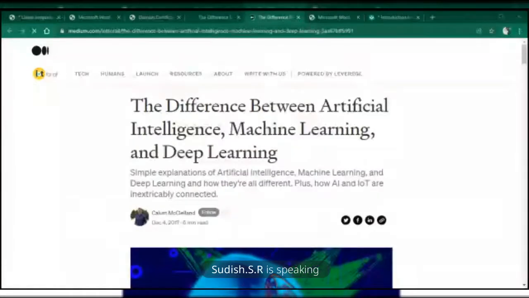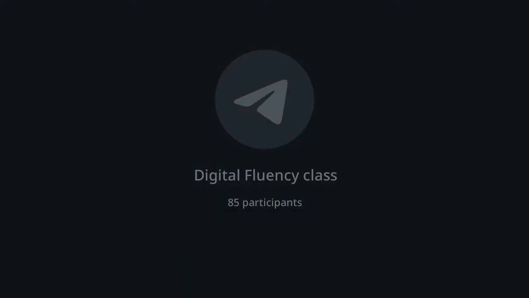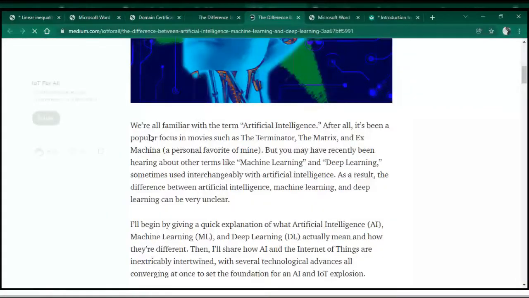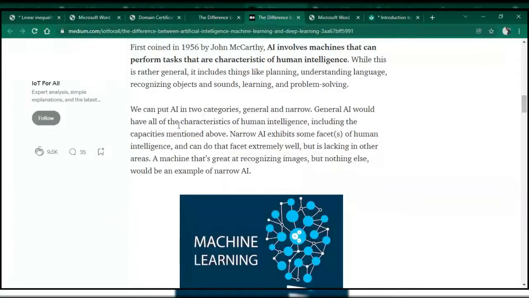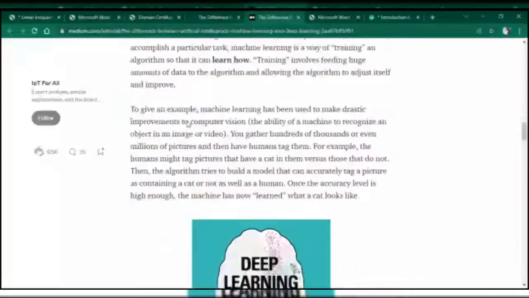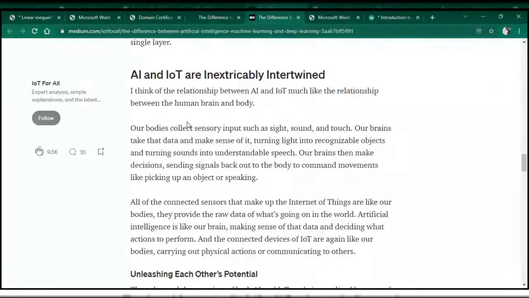Okay. So the difference between artificial intelligence, machine learning, and deep learning. I'll just go through it once and then I'll explain. I had explained this in my previous video. You are supposed to read all the content here and understand it yourself. I'll not go in deep. I'll give you a short example. So suppose